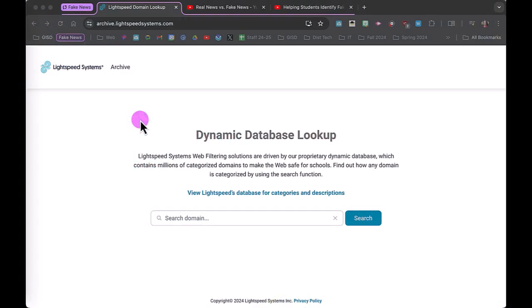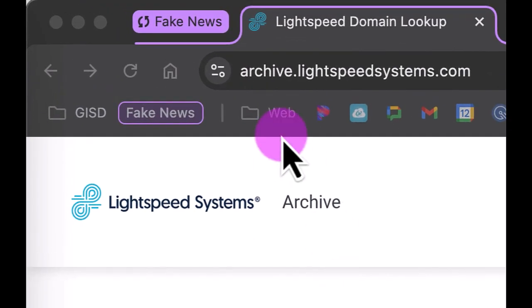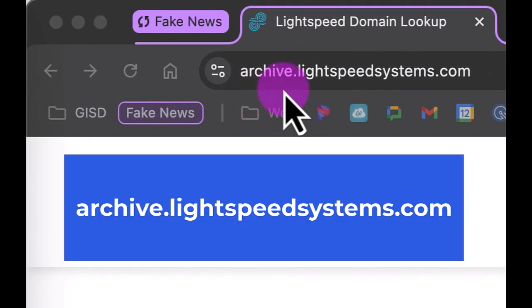Because our students cannot access all YouTube videos, it's important to know how to check and see if they are unblocked for students or if you need to request an unblock for an educationally appropriate video. The first thing you're going to want to do is go to this website,